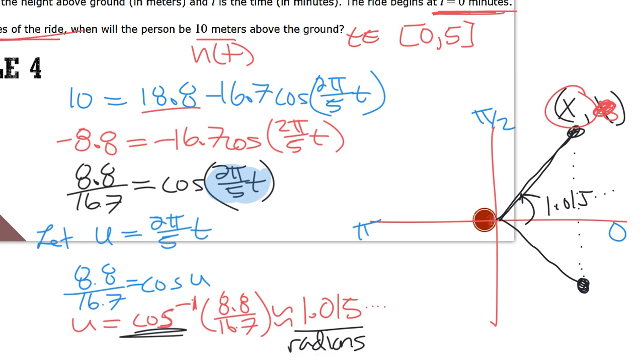So the idea is I can also find this angle all the way around here, and it would still be the correct answer. Now, how do I find that? Well, there are a couple ways you can do it, but the biggest way is just looking at the unit circle and saying, well, if this is all 2 pi,